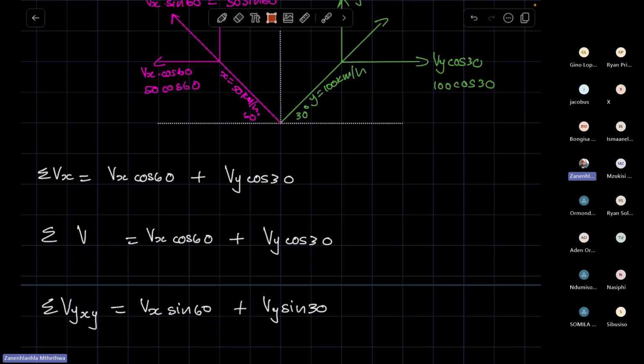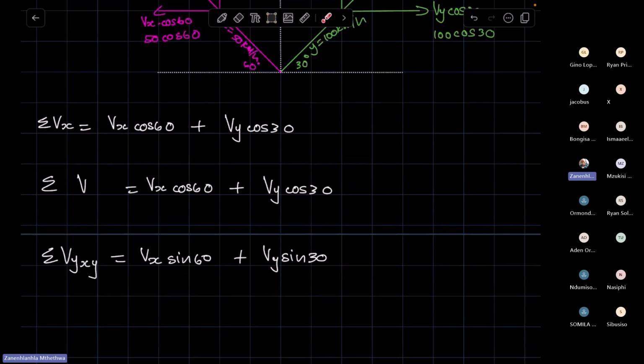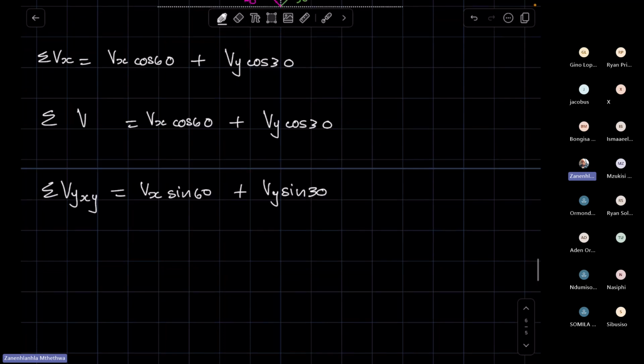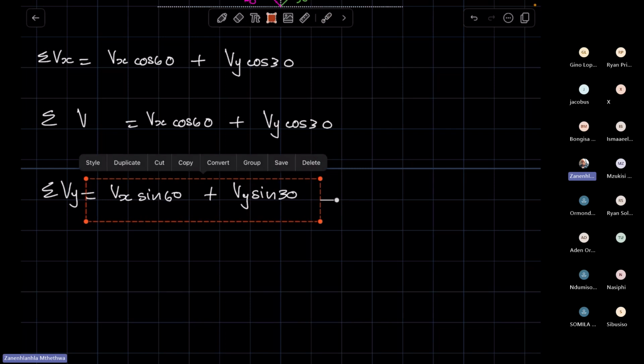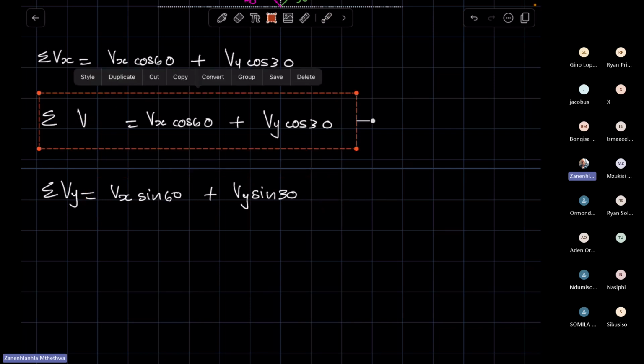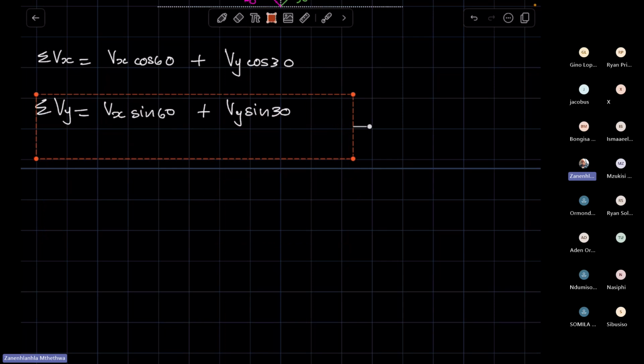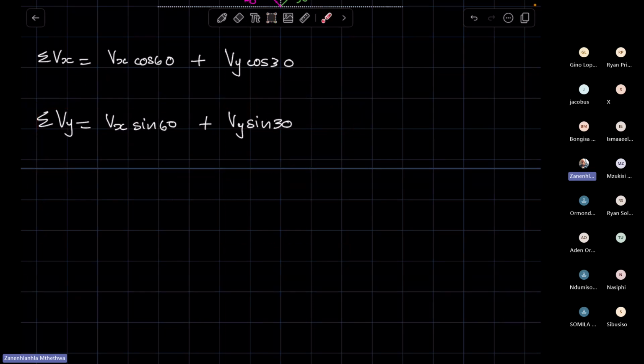Marks wouldn't be deducted for having left that part out, as long as you understand what this is for, right? So meaning once you've calculated your sum of v in the x direction and calculated your sum of v in the y direction, you can leave this out. So essentially this is what you'd have,